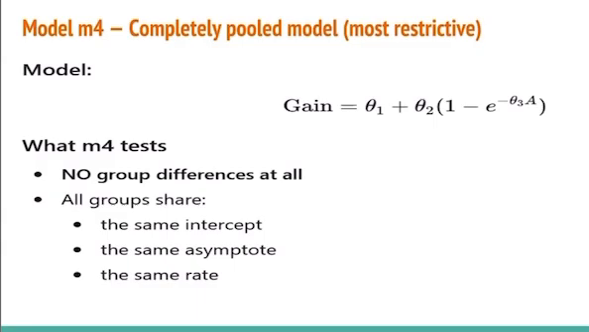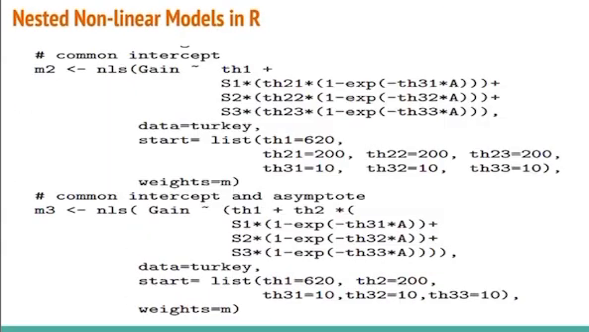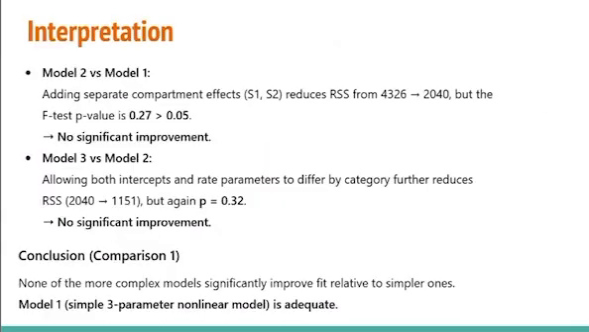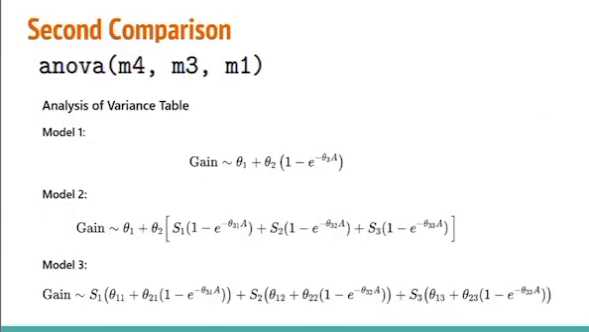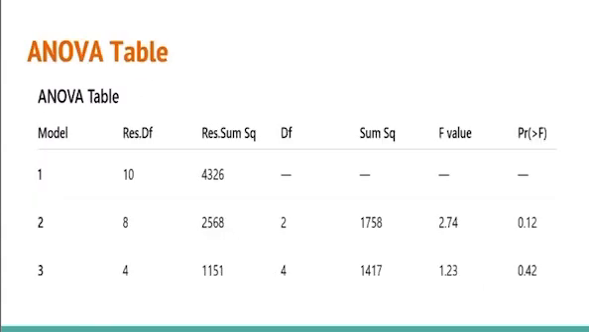Okay, now let's take a look at another one. This is the second comparison, and we want to compare M4 with M3 with M1. I'm trying to let you know, this is for M4, this is for M3, this is for M1. And at the end of the day, what you see is that the p-value is